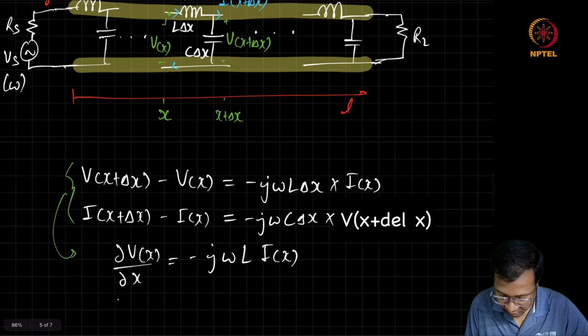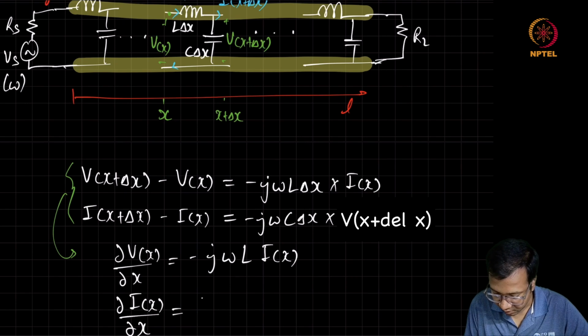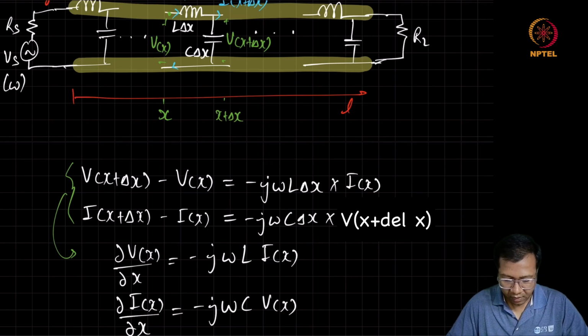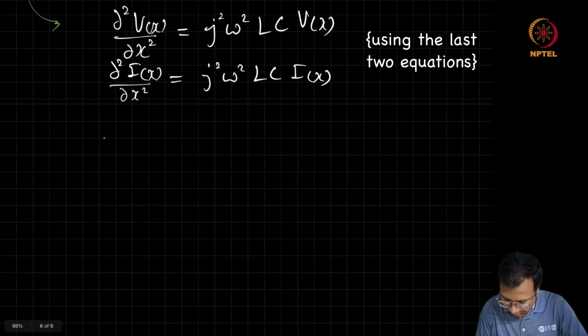And similarly, dou I of x by dou x we get as minus j omega C into V of x. So by using these two differential equations, we can try to get a general expression for the voltage and current at any point x along the line. Just rewrite it as